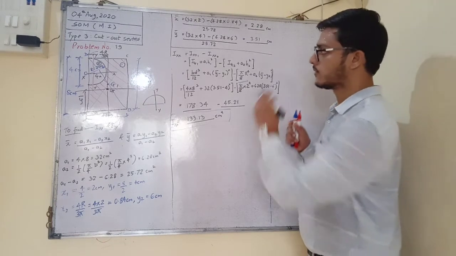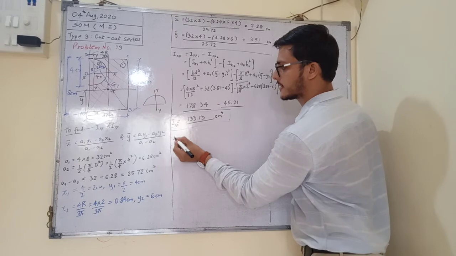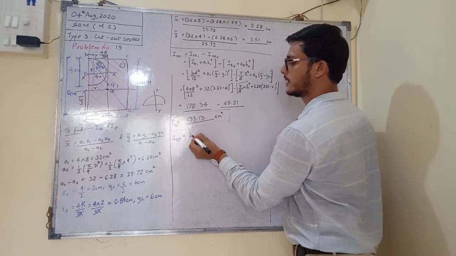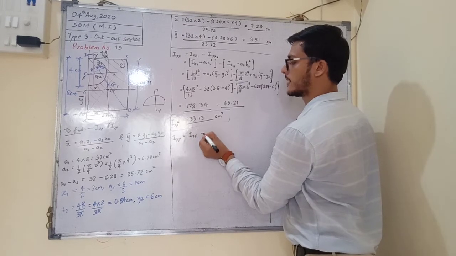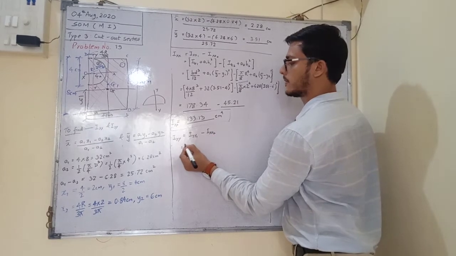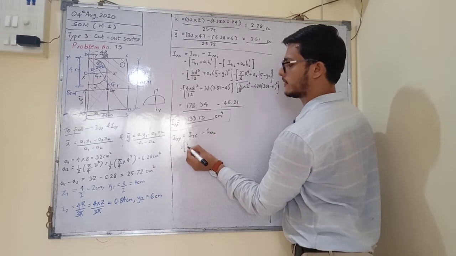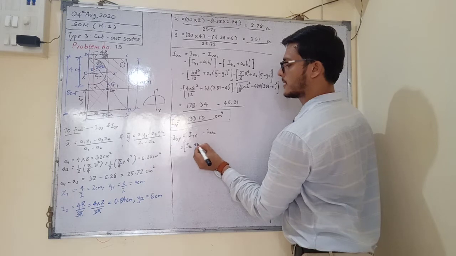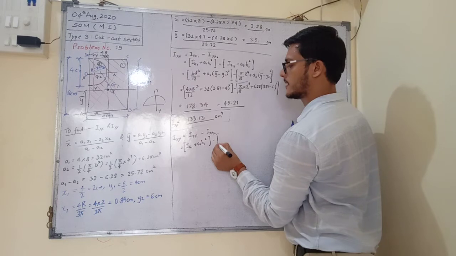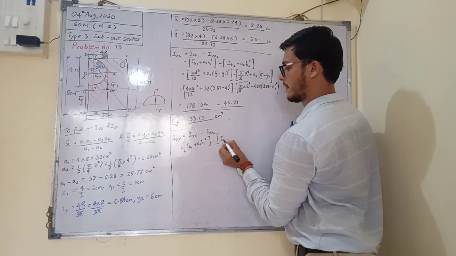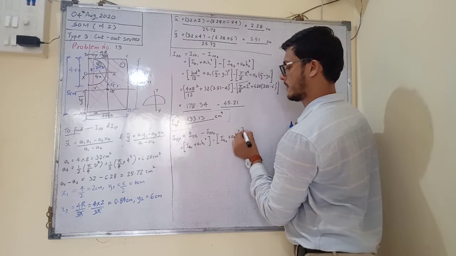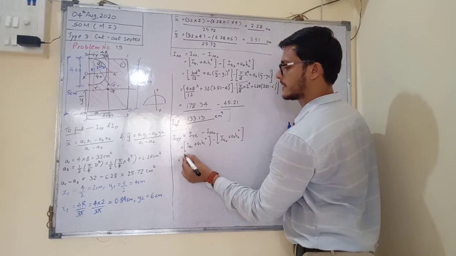Now, similarly, we have to go for Iyy calculation. Next step is Iyy. Same fundamental you have to apply. It will be Iyy1 minus Iyy2. Here it is not symmetrical again, so we'll apply parallel axis theorem as done above. Ig1 plus a1 h1 square minus Ig2 plus a2 h2 square. Now simplify this statement.